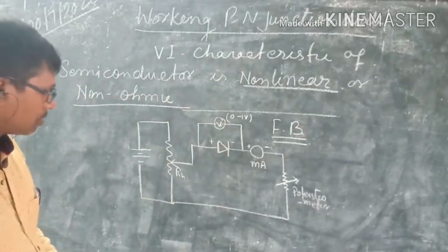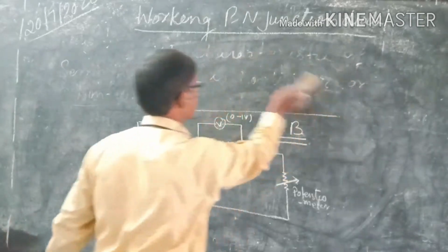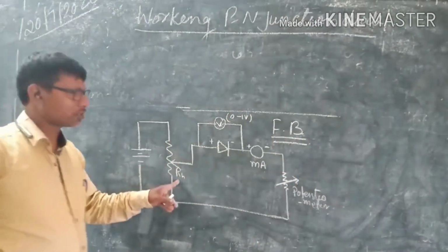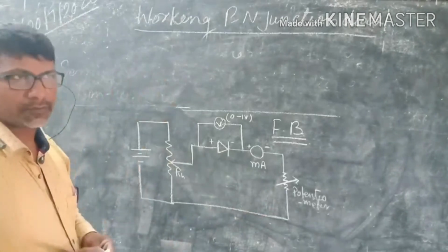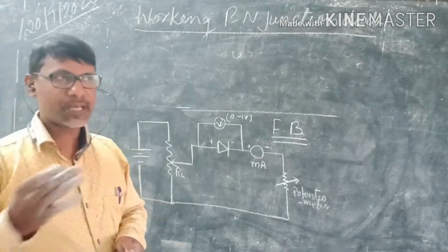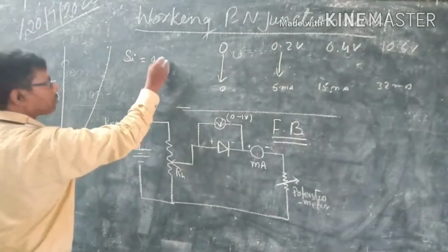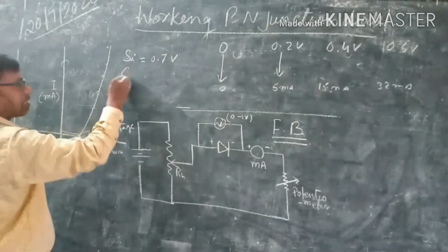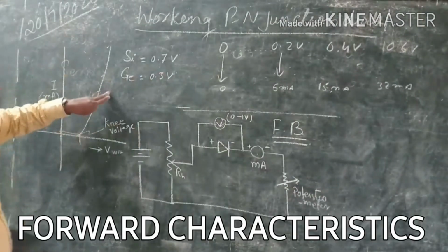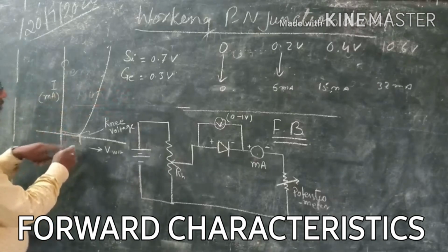And how do we take the reading? We see that after arranging the circuit correctly, at a particular value of the rheostat, when we increase the potentiometer from 0 value onwards in steps, knee voltage for silicon, अगर सिलिकॉन डायोड होगा तो ये लगभग अप्रोक्सीमेटली 0.7 वोल्ट होगा, और जर्मेनियम का लगभग ये 0.3 वोल्ट होता है. कहने का मतलब है कि अगर जर्मेनियम क्रिस्टल डायोड होगा तो ये जो नी वोल्टेज कहाँ ऑब्टेन होगा, 0.3 वोल्ट पे ही शुरू हो जाएगा.